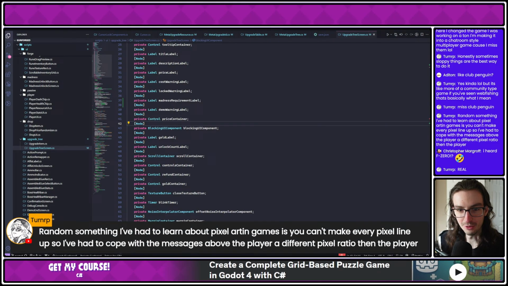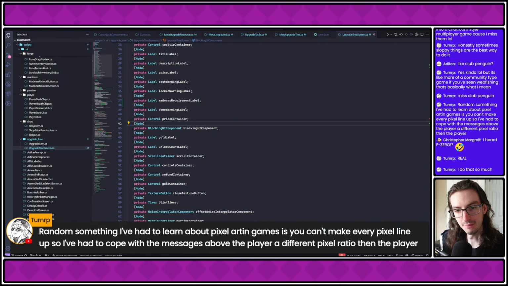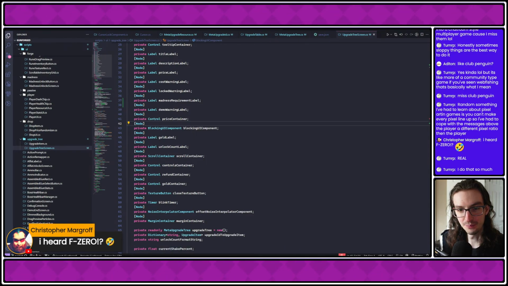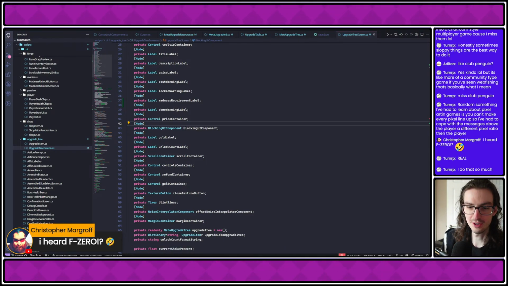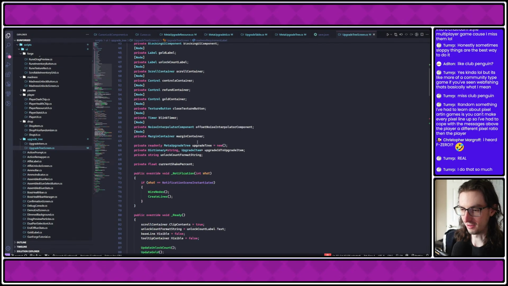Random something I've had to learn about pixel art in games is you can't make every pixel line up, so I've had to cope with the messages above the player at a different pixel ratio than the player. Oh yeah, interesting. F0? What is that? Did I make an unintentional reference? I do that so much, yeah. It's nice on one hand because it's nice and self-documenting, but...